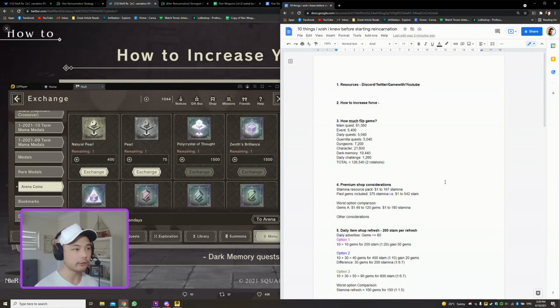Next, we have how many free-to-play gems there are in the game. So this is something that most of us will have taken for granted by this point. But if you're starting out and you just want to gauge how much you're going to be getting, without going through all these, the total you'll be getting is 126,000, just over. And that's enough for going for 2 full rotations on any banner that comes out, which is 200 summons per rotation, which is going to be 60k gems. Okay, and then when you get to the pity,